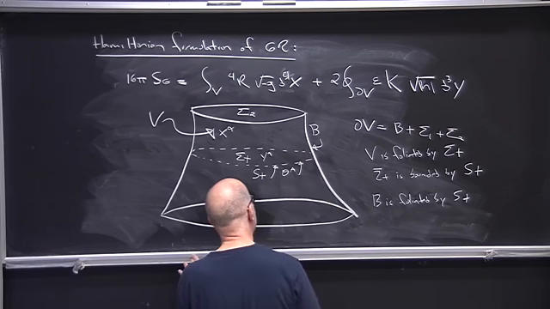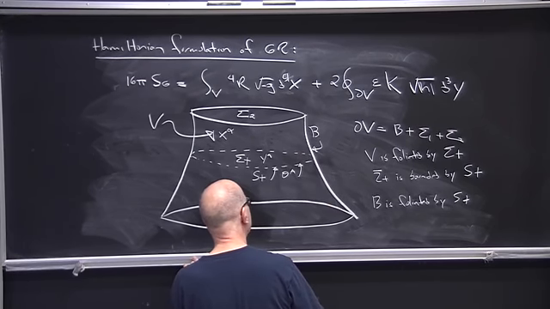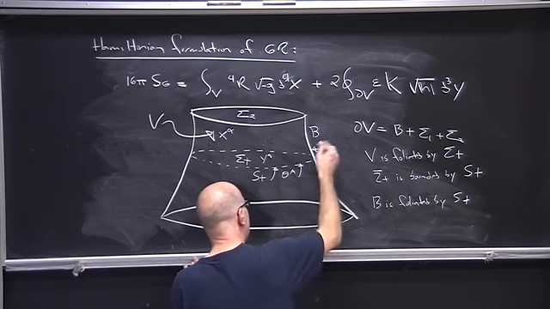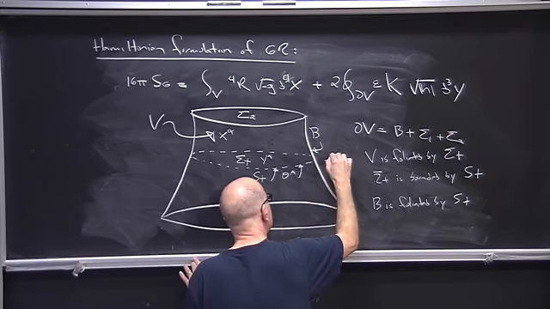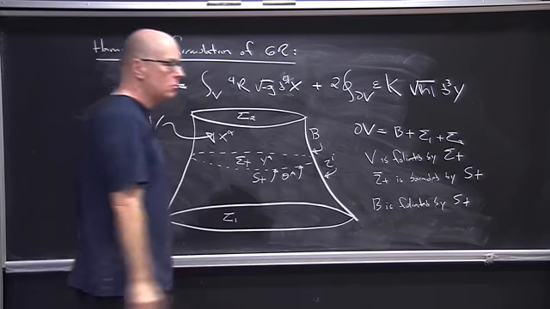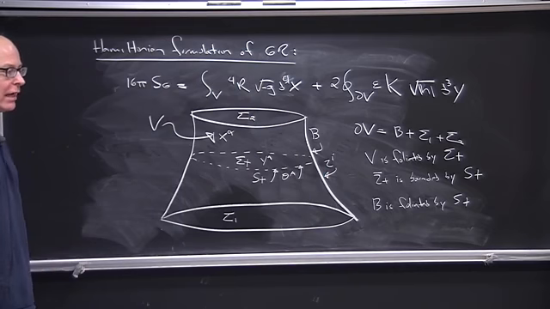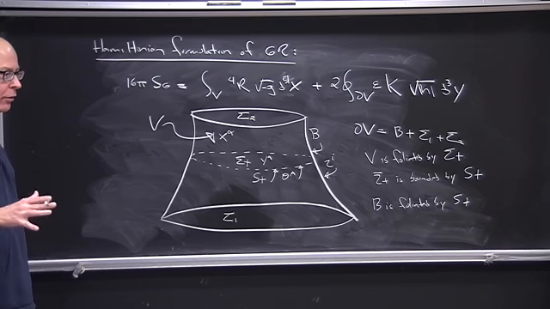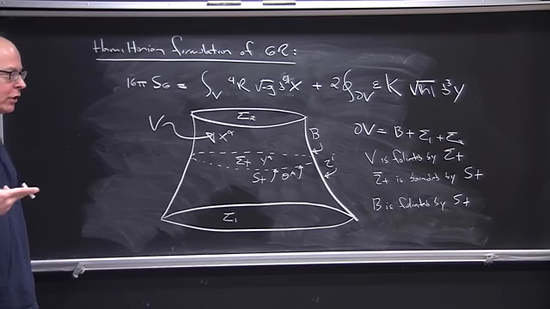Theta a are intrinsic coordinates on St. And on B, I'll have another coordinate system which may or may not be related to t and sigma a and theta a. So you see where dealing with the boundary starts becoming convoluted, because